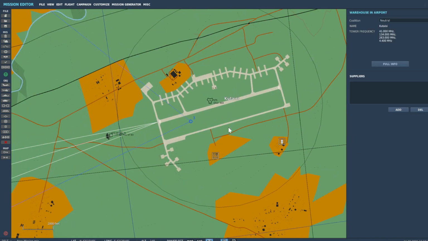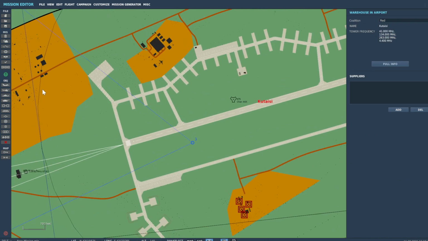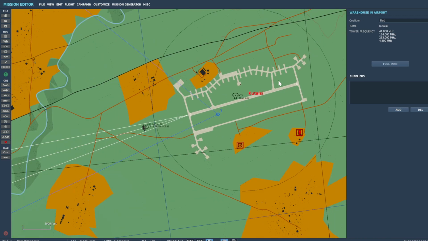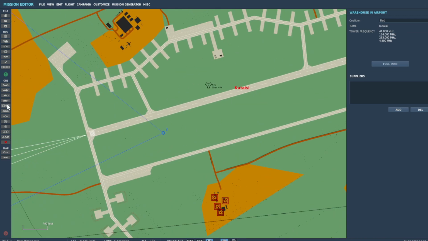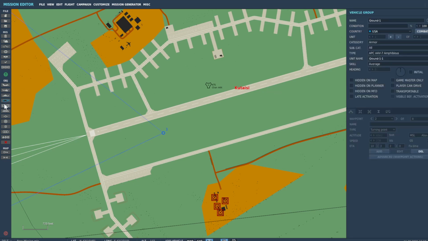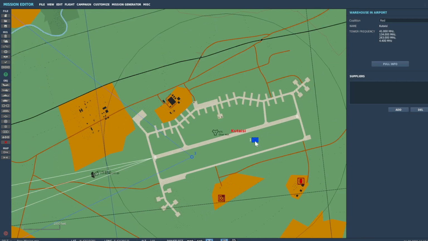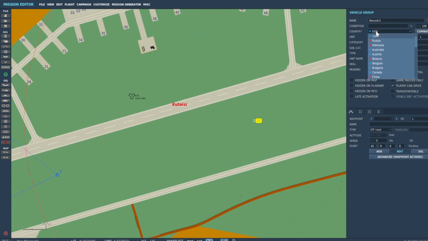So first off, we're going to click on Kutaisi. This is going to change from neutral to red. Just for the purposes of this, that's now an enemy airbase. We're not going to give it any aircraft, but even so, I want it to be an enemy. And I'm going to click this tank icon here to place down a unit. If I come away, you see it's defaulted to US. We want to make sure here that the country is a red one,